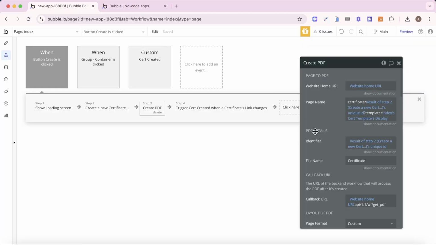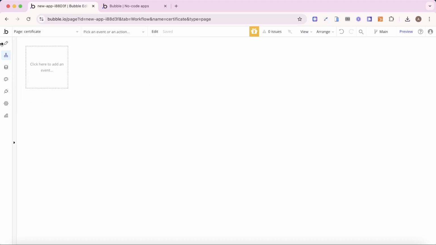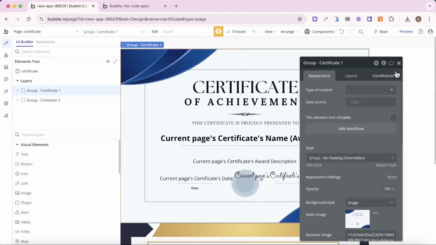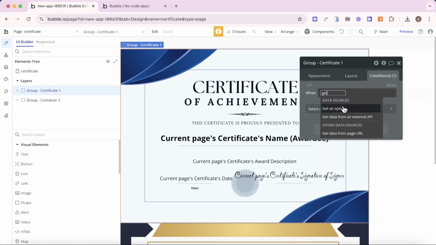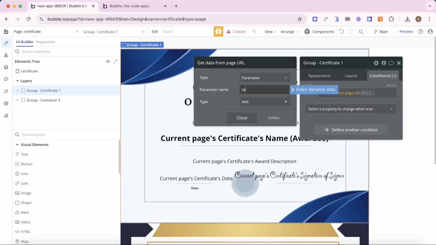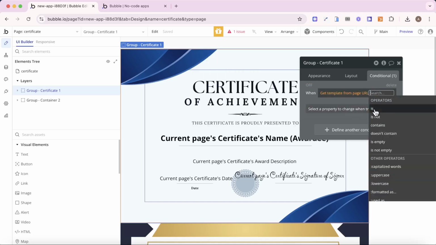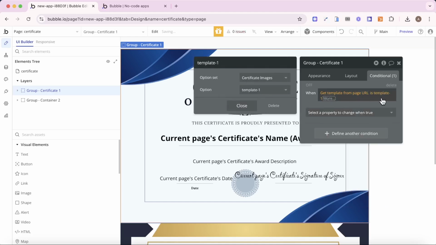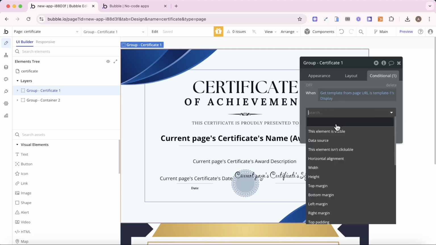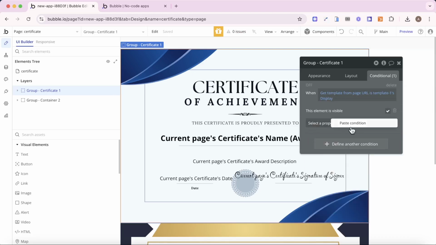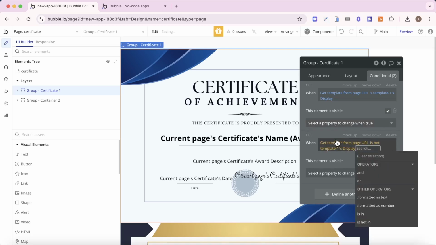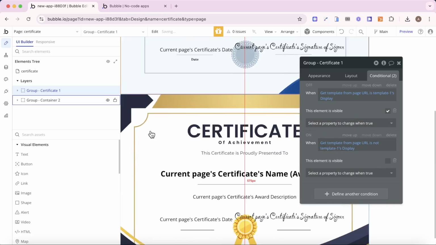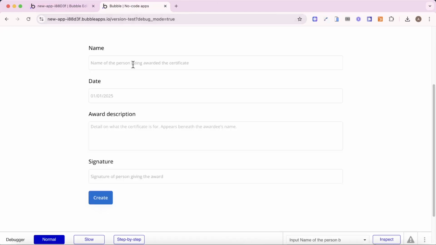But back here on my certificate page, I'm going to say certificate 1, when get data from page URL, when template, which is a parameter we're passing through, is, and then get an option, template 1, its display, it's visible. I'm going to copy that condition and paste it, change the is to is not, and untick that there. I've already added those conditions to the second one, but hopefully now when we create certs,